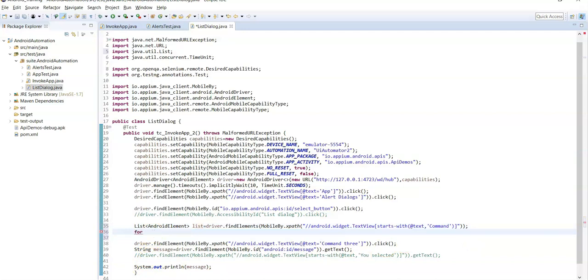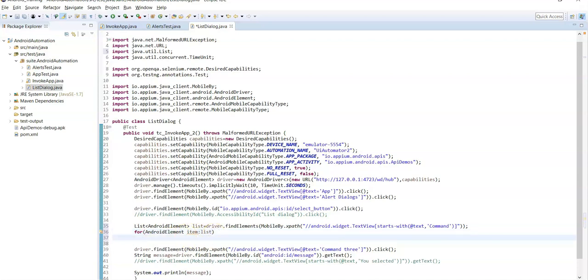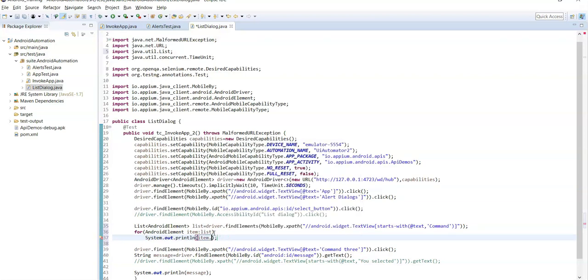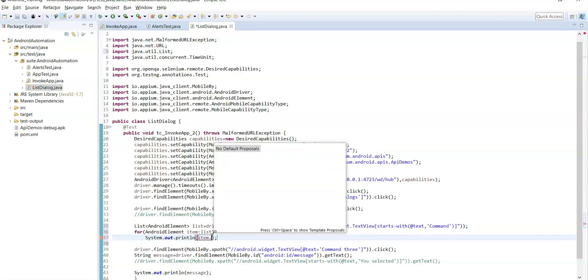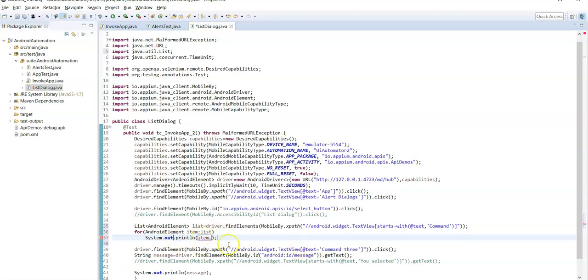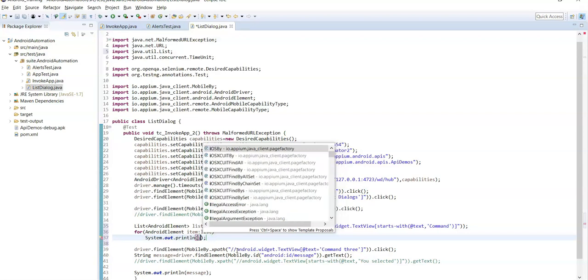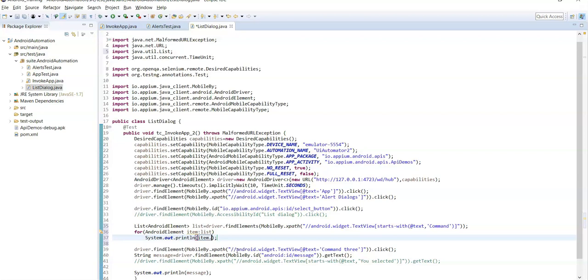We can use a for-each loop for simplicity: for each AndroidElement, let's give some name, item, in list. Now print each value: item.getText.